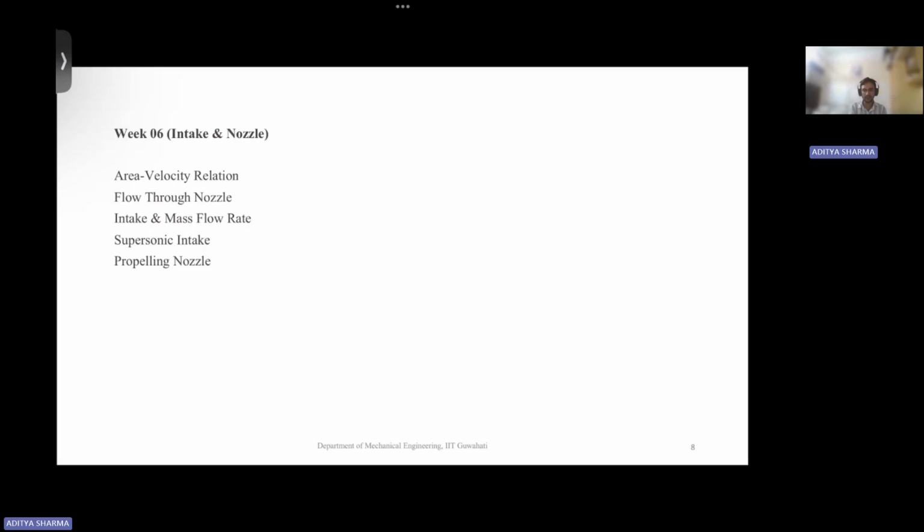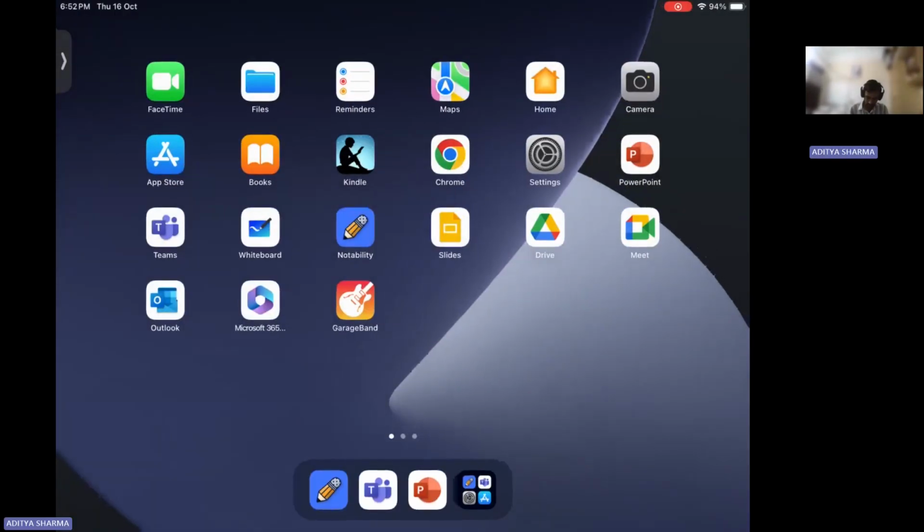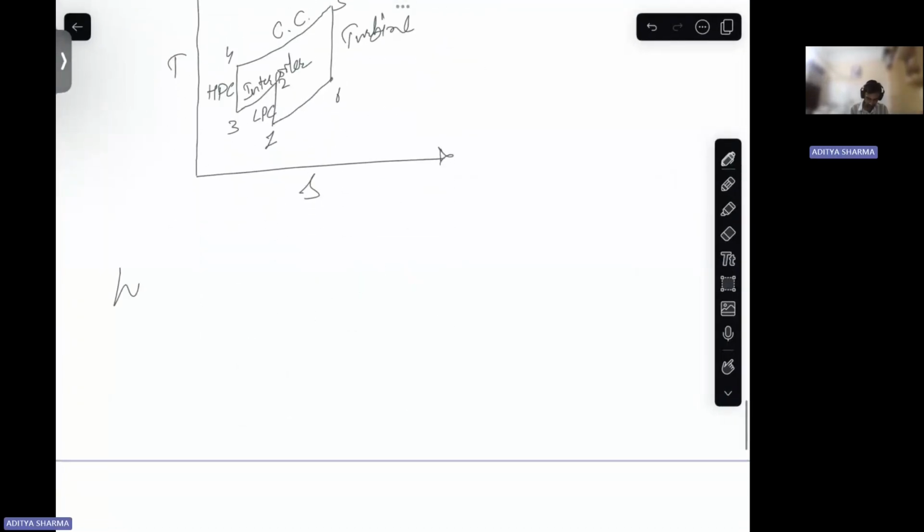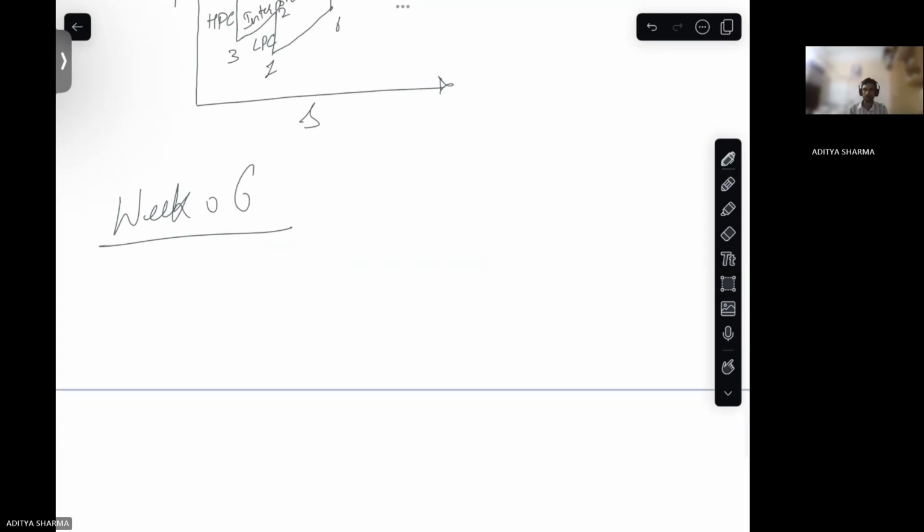Then week 6 content is on intake and nozzles. In intakes and nozzles, first we have discussed nozzles. Okay. Then intakes we have discussed. So in nozzles, if you see, this is week 6. In nozzles, if you see,